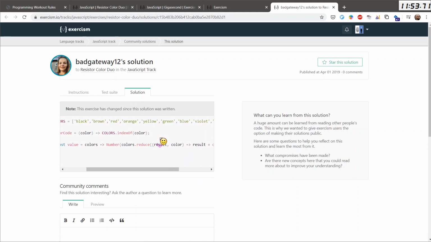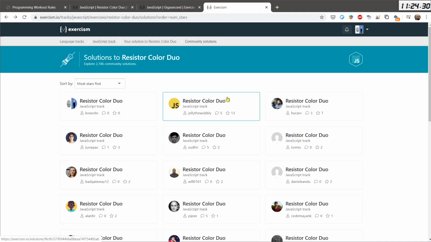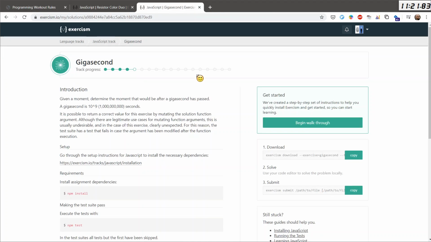Color code, color code, creates number. He's reducing. Okay. And the first one is a string, so it will append to the string, I see. And then he creates a number out of it. That's solution 2. So we'll close that and we can continue forward.